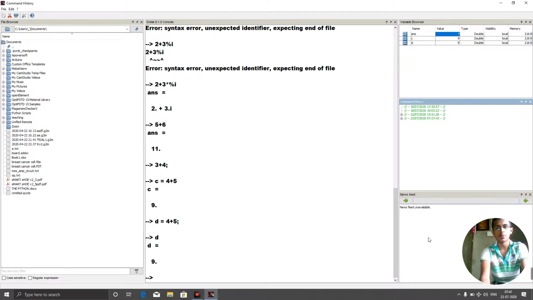And here is the news feed. That means if any latest news comes, we can see it here. And this is the file browser. We will check this later, what it is and how we can use it. And it even provides lots of